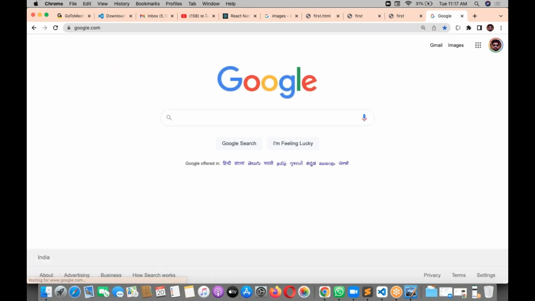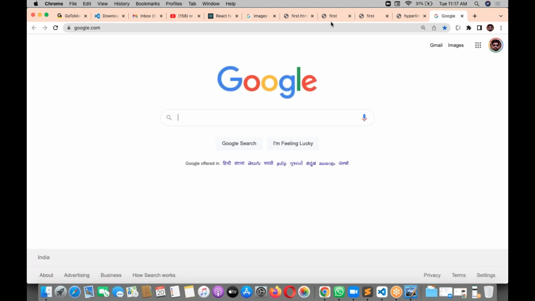See, can you observe the tab here? Hyperlinks is our tab. When I click on the first one, it opens in the same tab. But if I click on the second one, a new tab got created. Can you see and observe? A new tab got created here. This is our web page and this is another web page linking. A separate tab needs to be opened. Whenever you want to open a new tab, you have to go with the target attribute. A very important attribute called the target attribute.